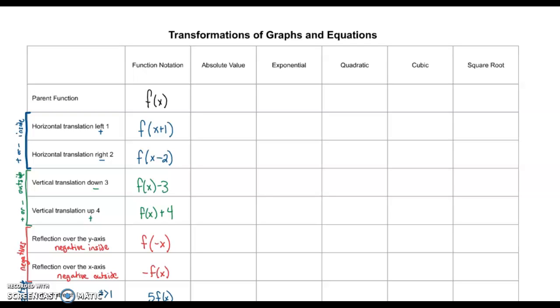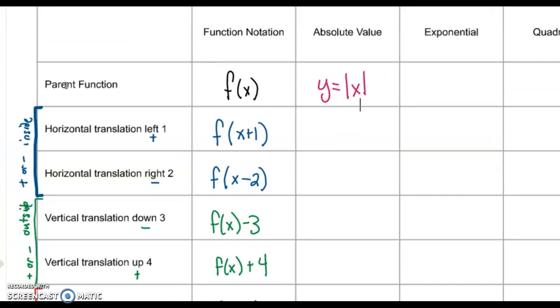So today we're going to complete another column on this table. So we're going to do the absolute value column. So the most basic absolute value function is y equals the absolute value of x. So we're going to see what each of these transformations looks like in an absolute value equation instead of just